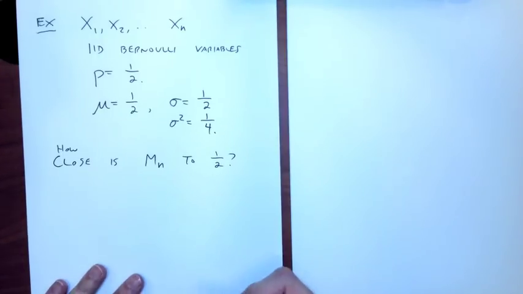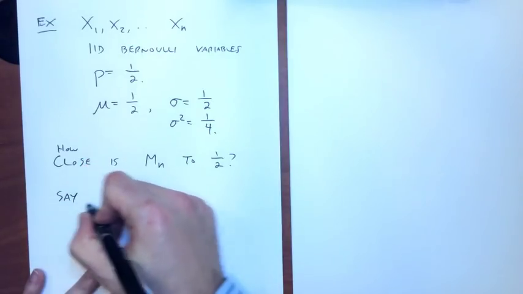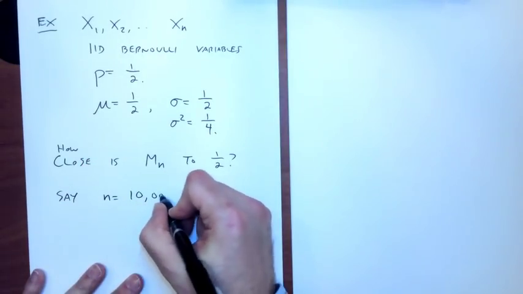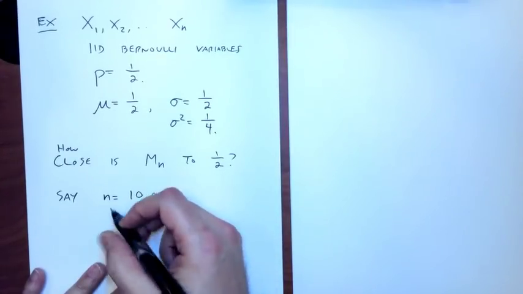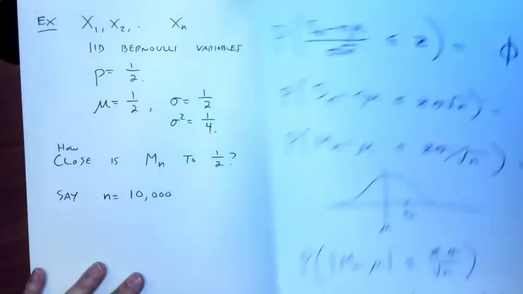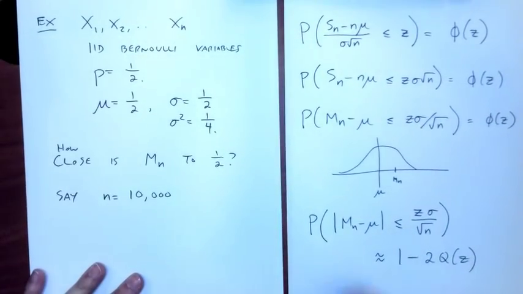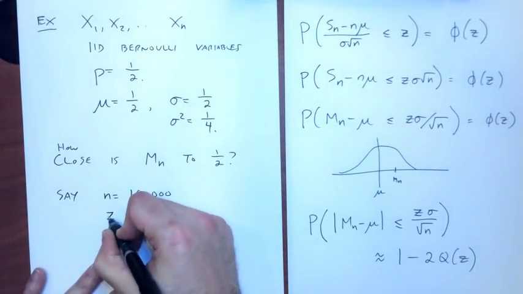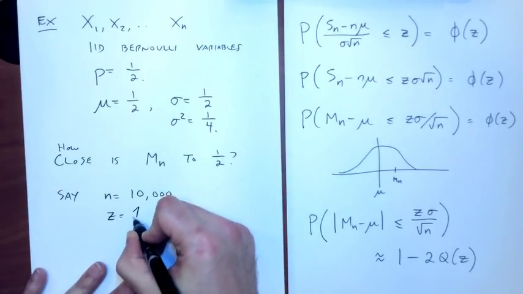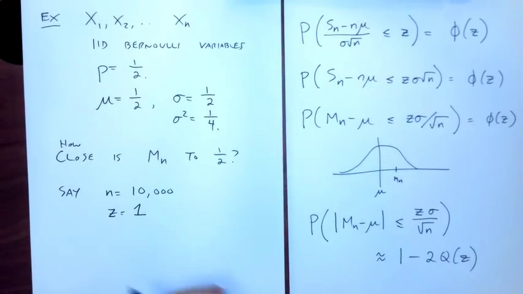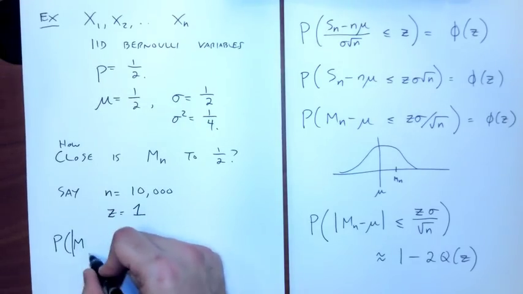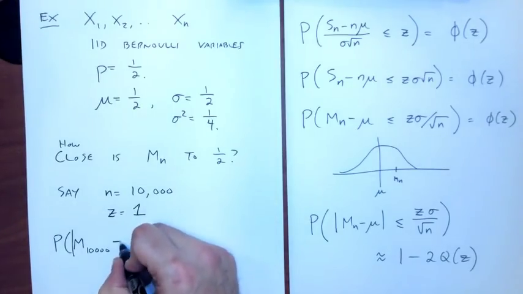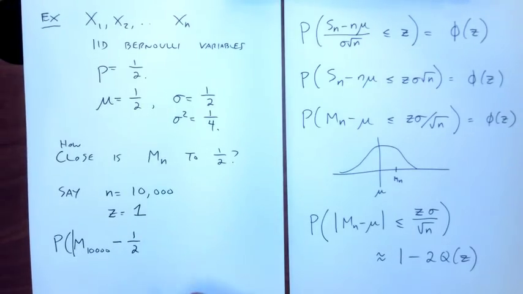So let's suppose that I flip 10,000 coins, and let's suppose I set z equals 1. What does this statement mean? This says the probability that if I average 10,000 Bernoulli coin flips, I look at the distance to 1/2,